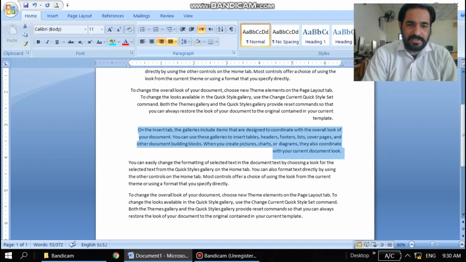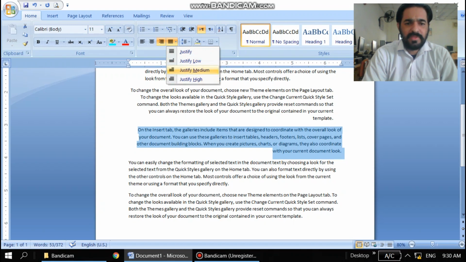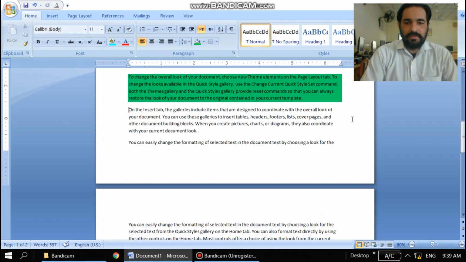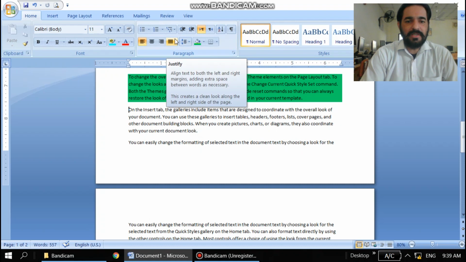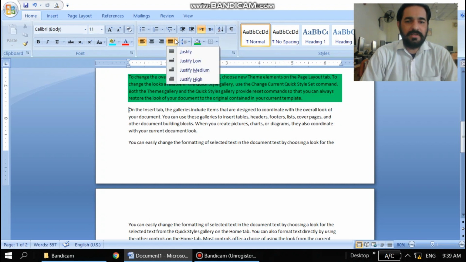So you can see there is another button. You can add justify low, medium, or high. So there are some justifications there.